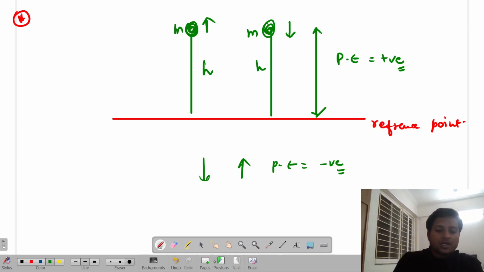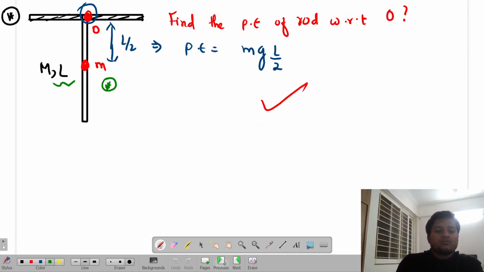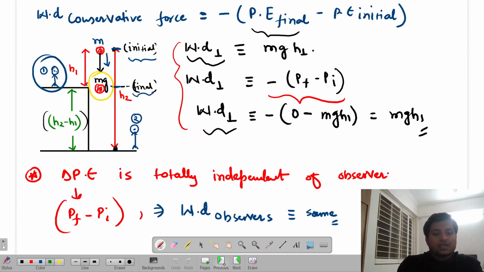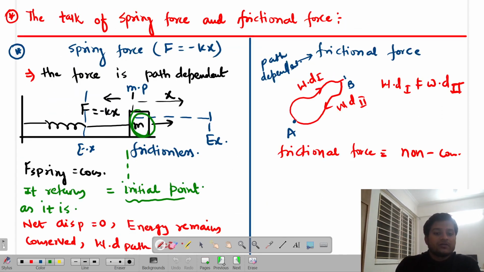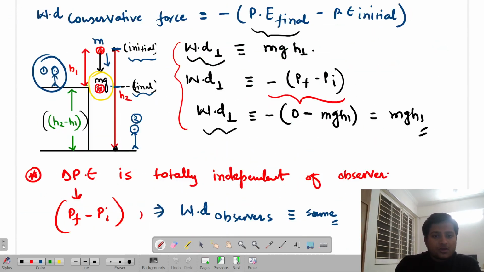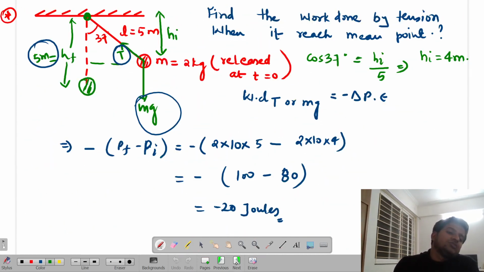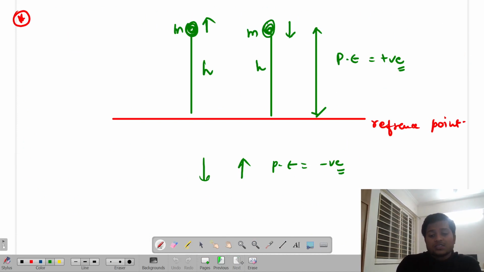So this was all related to potential energy, the work energy theorem, conservative force nature, the formula of conservative force, and types of conservative force. Are you able to get me or not? So tomorrow we are going to combine this with spring and non-conservative force, and then we'll do one day of problems and then one day for equilibrium and statics. Are you able to get me or not? So these are, then my work energy power will